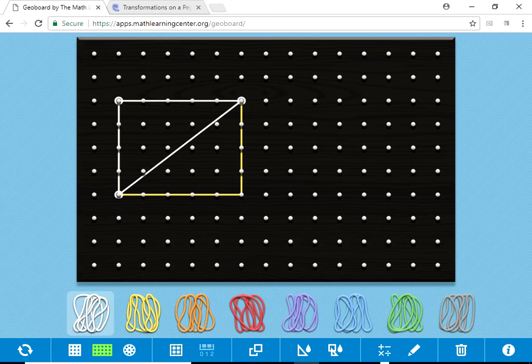So the perimeter of the triangle will still be 1, 2, 3, 4, 5, 6, 7, 8, 9, the 5 and the 4. But in order to find this long side, you have to use the Pythagorean theorem. So a squared plus b squared equals c squared. So 4 squared equals 16, 5 squared equals 25. So that makes 41. And so that would make this one the square root of 41, or about 6. It would be about 6.2